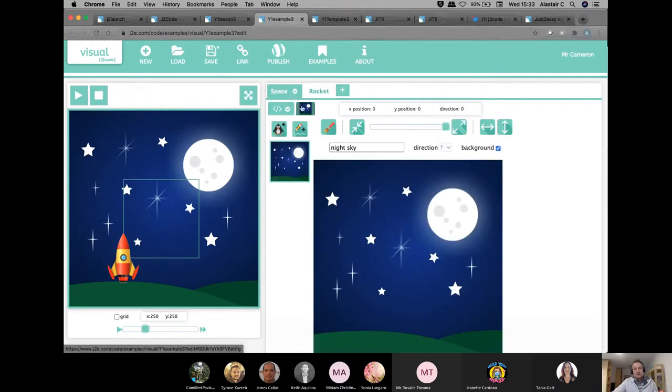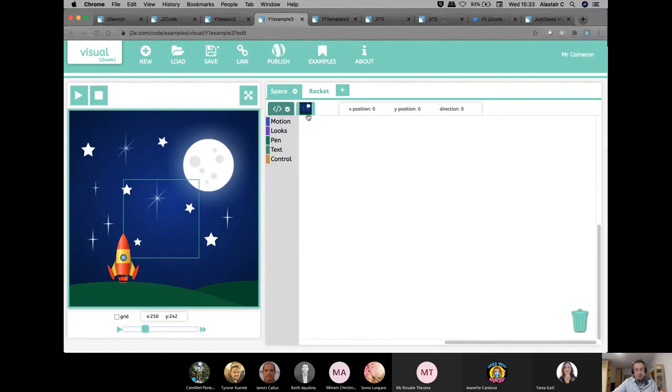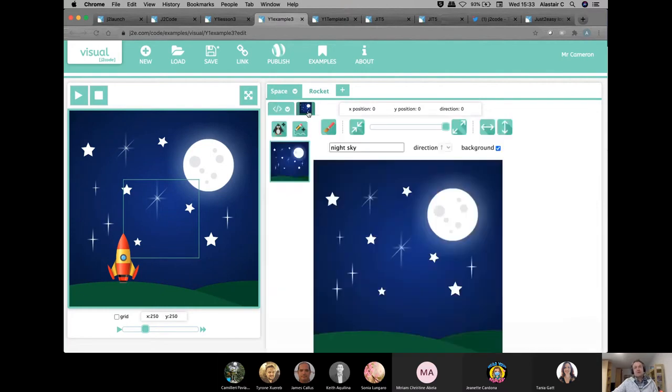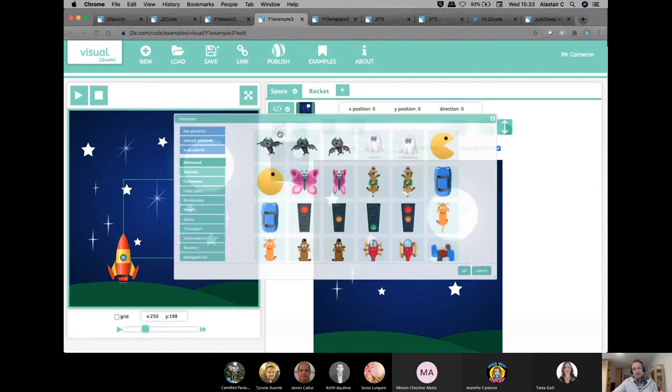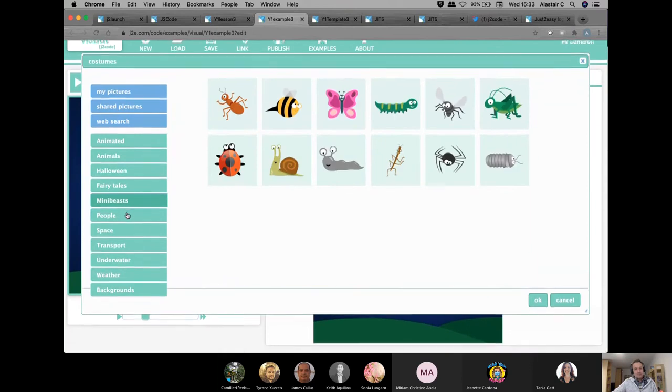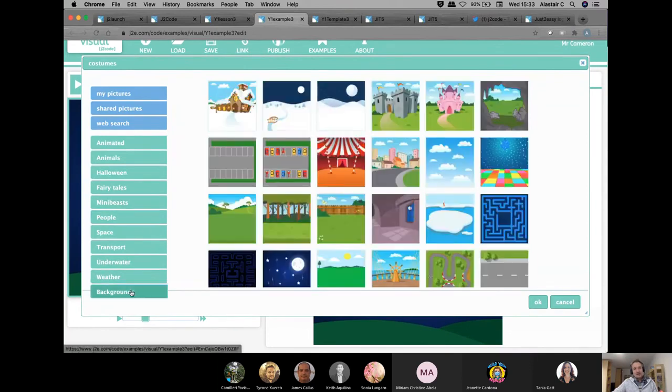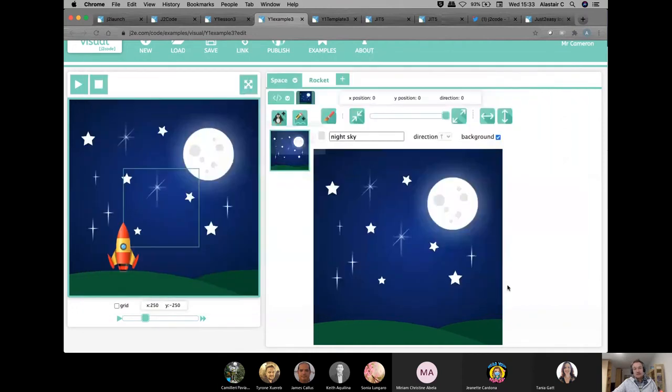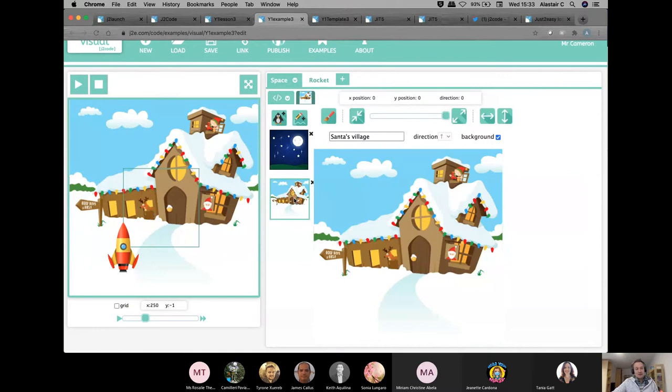So if I go to the background first and I just click on the background itself, there you may be able to do some coding with the background, but if I just click on the background, I could do one of two things. I could change the background by adding a new background, and it's got all sorts of different ones there that I could use. And I mean, I could put any other backgrounds in that I wanted to add in here. So here is my alternative background, which I've added in there.